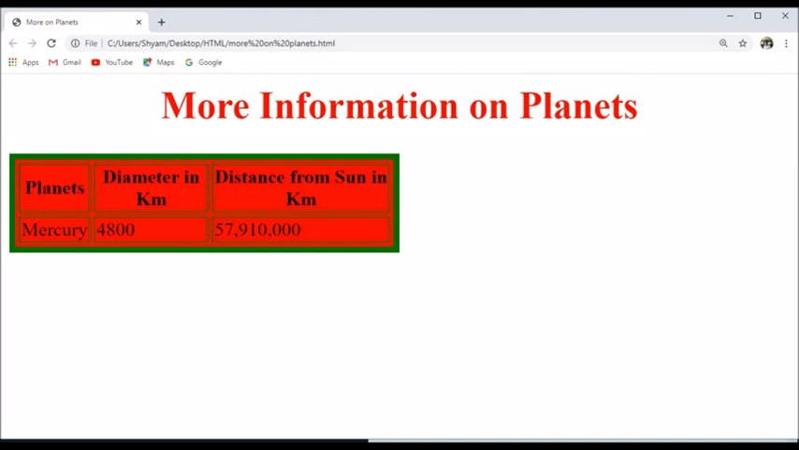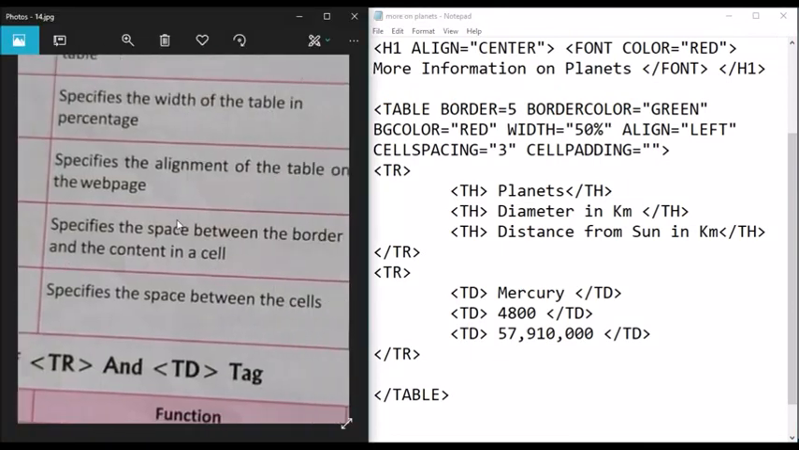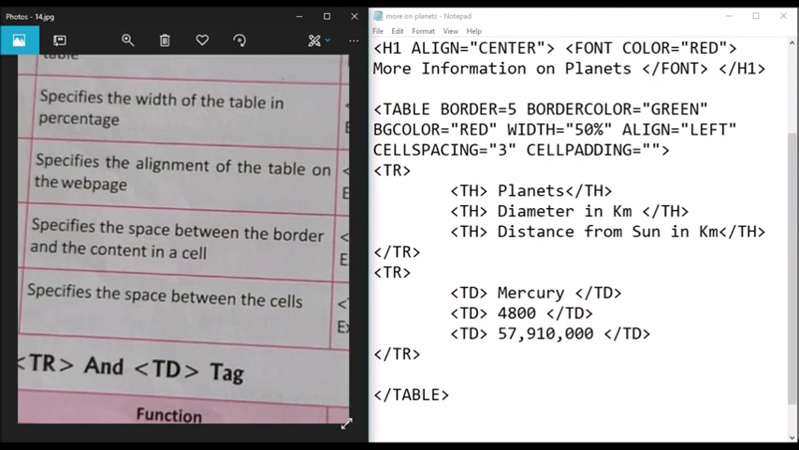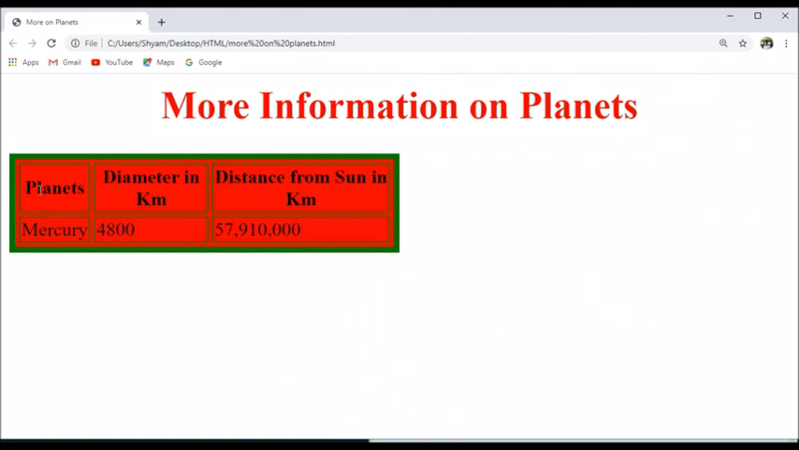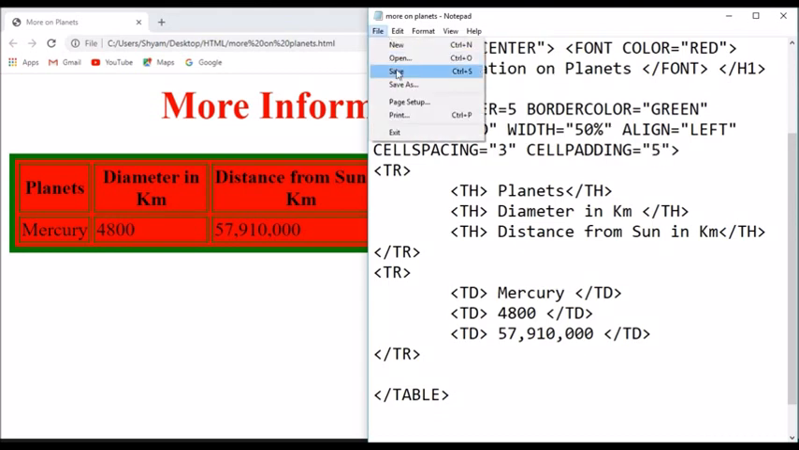So cell padding is basically the space between the border and the content of the cell. This is the border of the cell and this is the content of the cell. This space on all the four sides is basically called the cell padding. So I can increase the cell padding as well, just the way I have increased the cell spacing. So let us see, if we put the cell padding value as 5, what will happen? File, save,